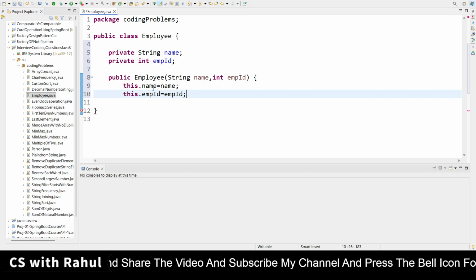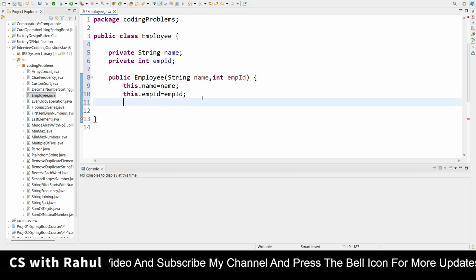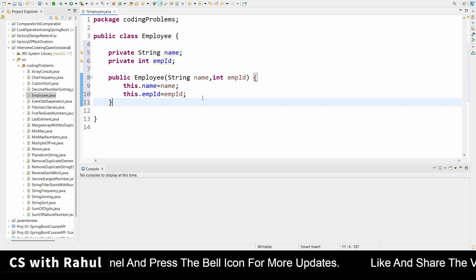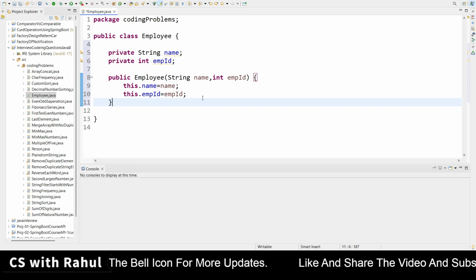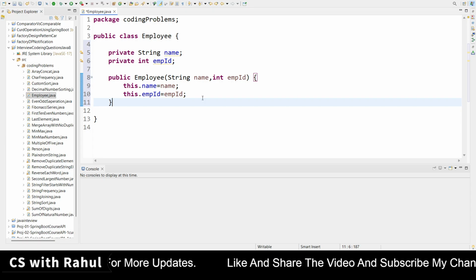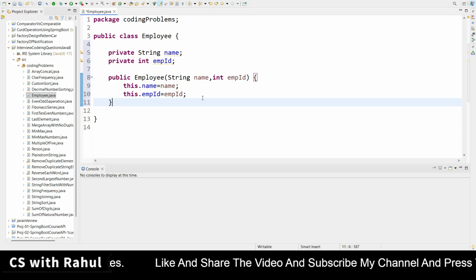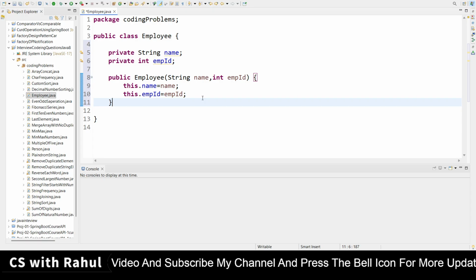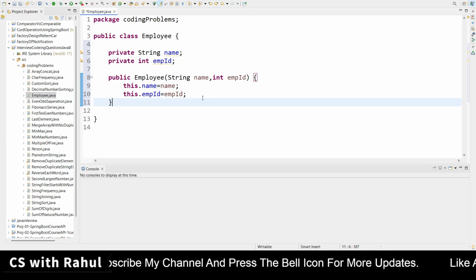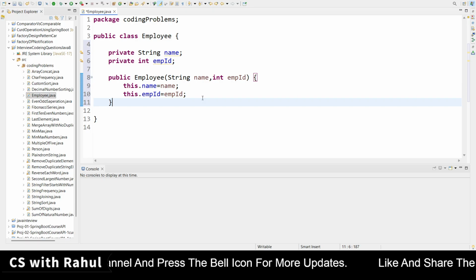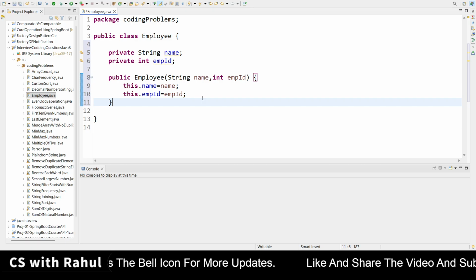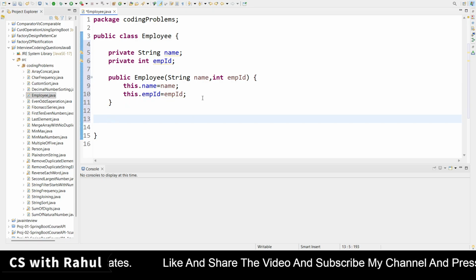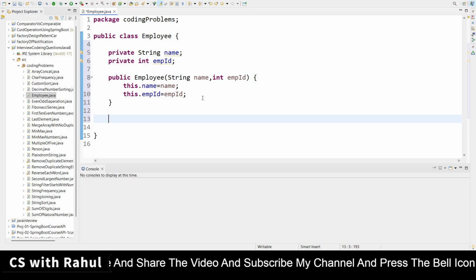Now I will create the getter methods just to get the data, because we will be sorting based on the name as well as based on the employee id, and if both names are the same, then we will sort it by the employee id. So we have to focus on all three or four types of cases, and I will also explain how to do the reverse sorting. How can we custom sort using reverse sort in descending order? So both orders I will cover here.